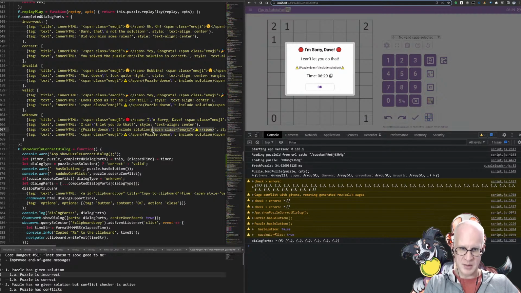I'd like to keep that line in as a standard line for puzzles that don't have solutions. I think it might be a bit long though, for mobile especially.